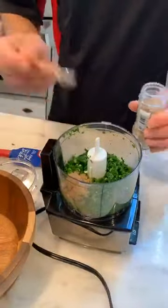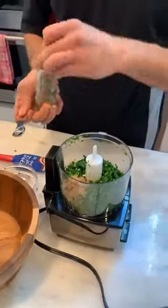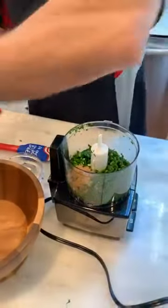Half a teaspoon, and this is dried ground coriander. Okay, cover that. Then we're going to do...